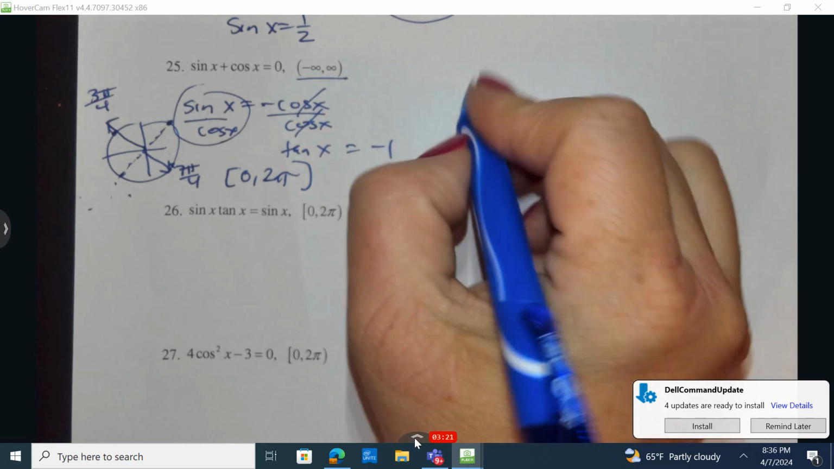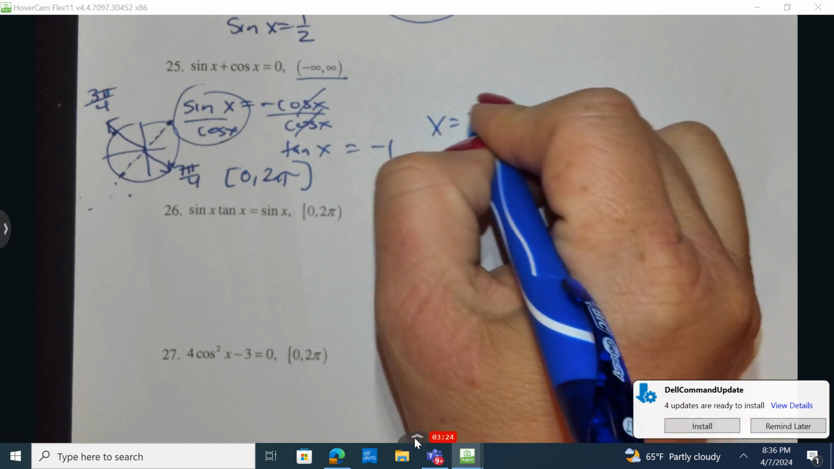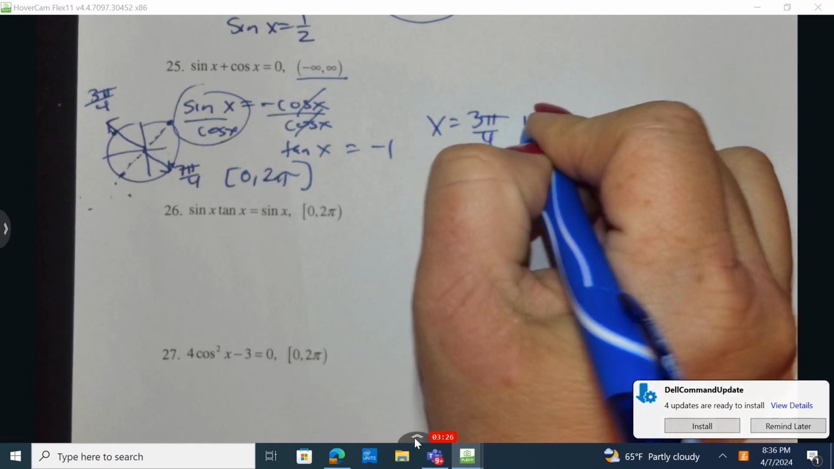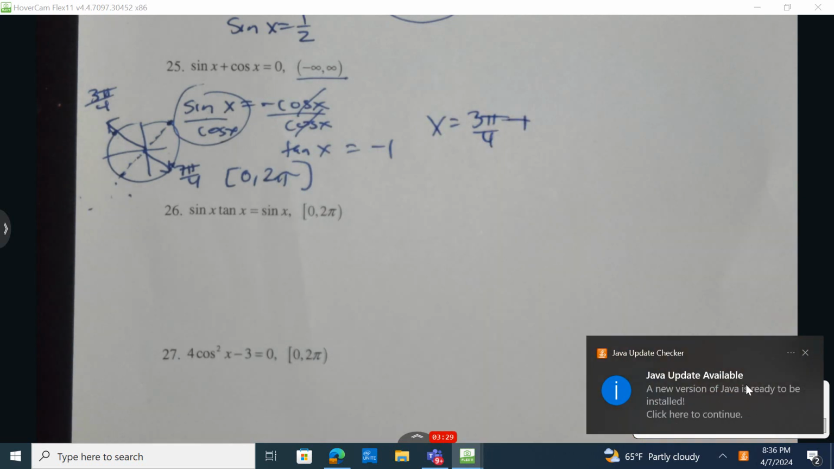So how could I express those answers? We have one value of 3 pi over 4, and this would represent